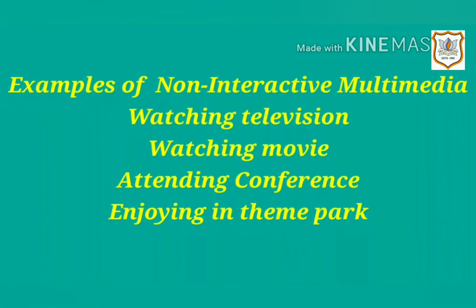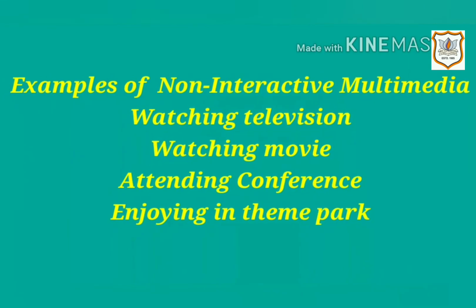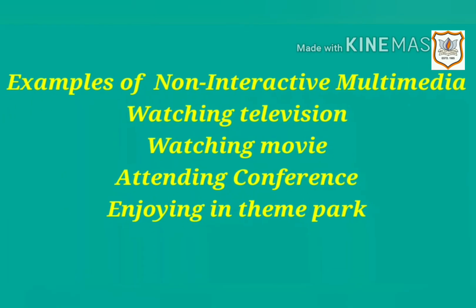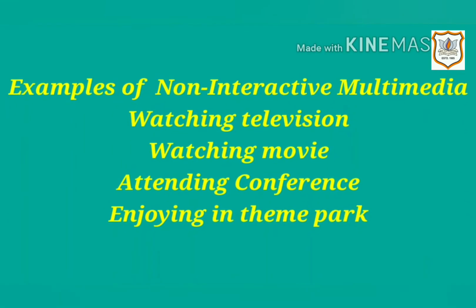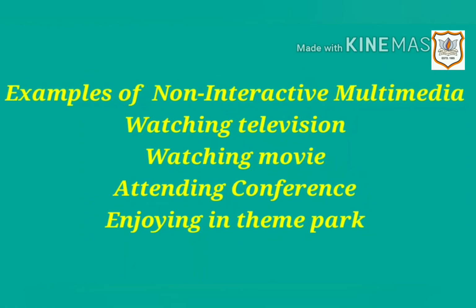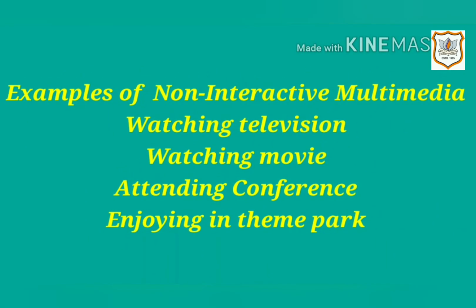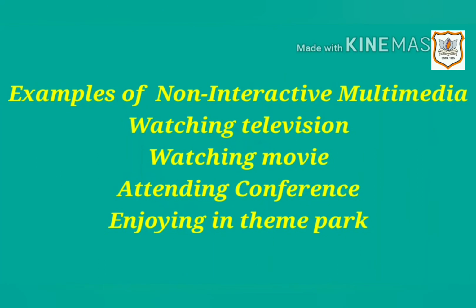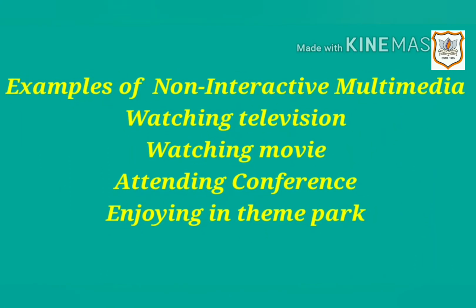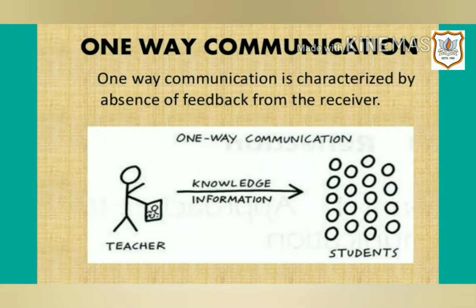Second one, we can watch a movie in a theater but cannot interact with it. Third one, a conference where you can listen to experts speak. Fourth one, a theme park attraction where you sit in a seat and enjoy the ride but can't do anything to control the experience. One-way communication is linear and limited because it occurs in a straight line from sender to receiver and serves to inform or command, but nothing goes back in return.